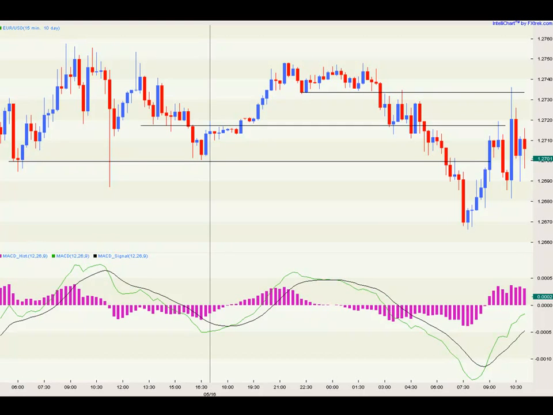Thanks so much. Hope that helps you a little bit. And this was on the Euro US dollar pair today, and this is the weekly trade example for the week ending May the 18th,